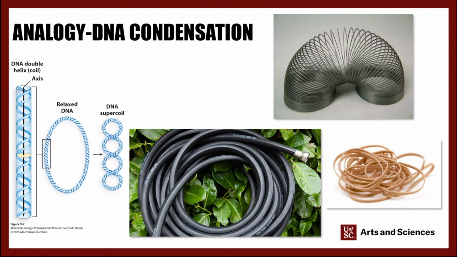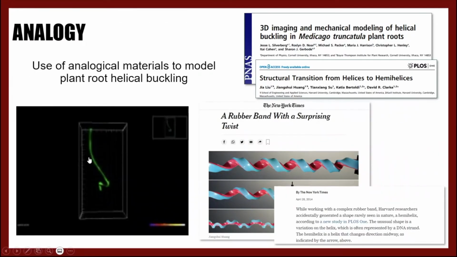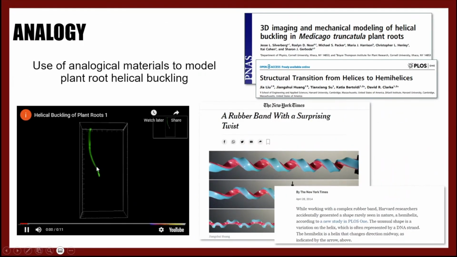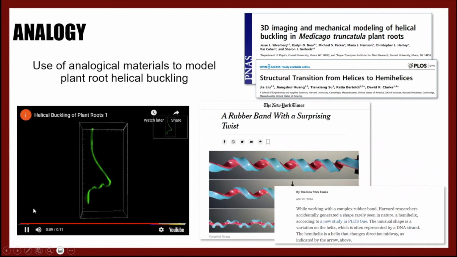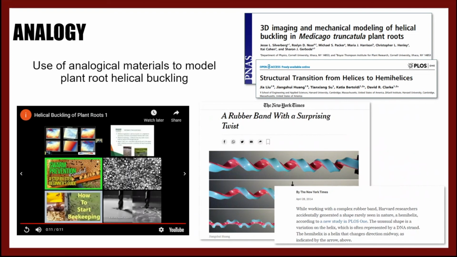So they choose a system they understand and apply it to a more complex topic. So they're going to break down the individual pieces of this process and then relate it to something that they understand well, and it helps them to better embody the concept. And so what's really exciting is that these analogies can actually have real-world applications. So here I'm showing a lab group was able to use a different type of rubber band structure to develop computational models of helices that occur naturally, like in the roots of plants. And I think it really illustrates that an accurate analogy is really powerful and is basically only one step away from using a model system.